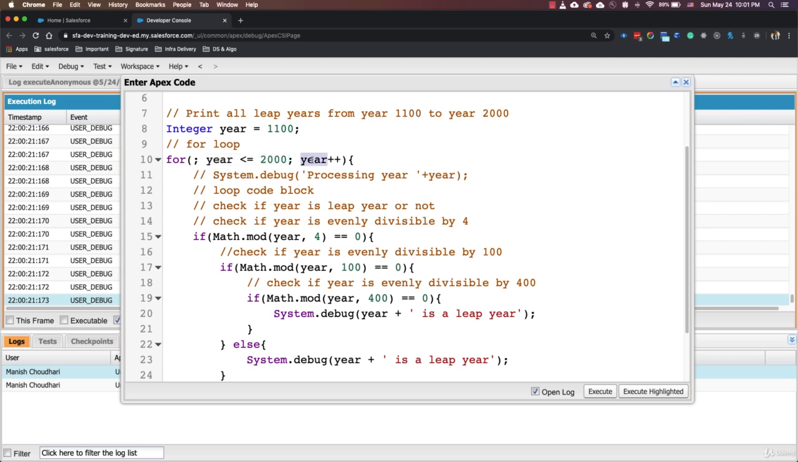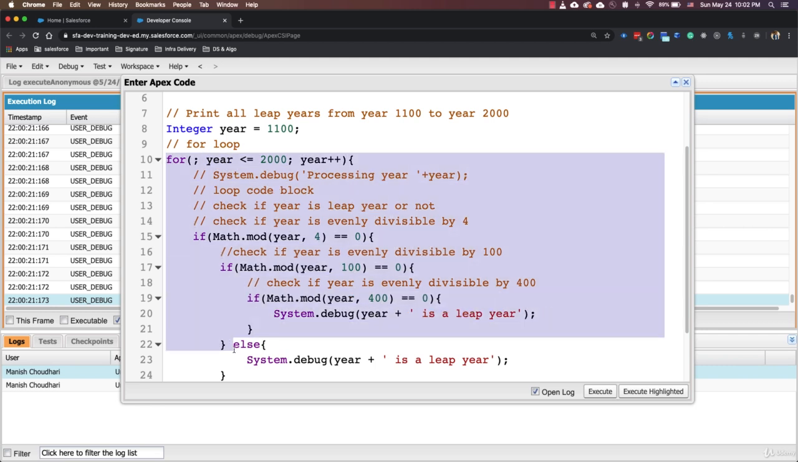It doesn't always have to be year plus plus. You can also add maybe 5 years in a go, and maybe if you want to process after each 5 years, that also you can do. So your increment statement could be anything. It should just increase the value of the year so that you will be approaching your conditional statement. If you never approach your conditional statement here, you will never come out of the loop and your code will